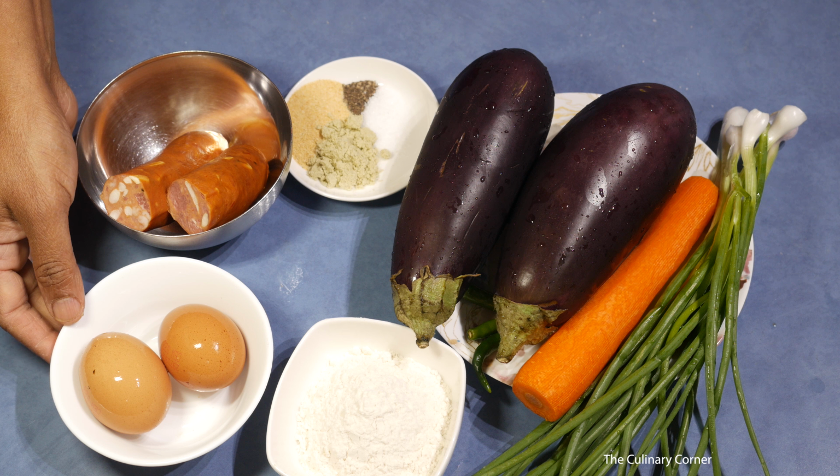Another simple one pot meal using eggplants. I'm going to show you how to do stuffed eggplant rings. For this recipe I'm using 2 medium size eggplants with 1 carrot, few spring onions or green onions, some chilies,